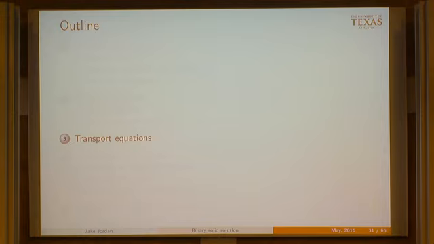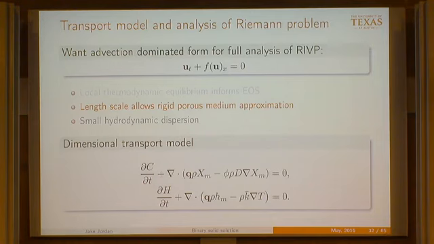So I'm going to write down the transport equations now, but I'm going to do it in a very specific way, because remember, even after all of that EOS mumbo jumbo I just went through, we're looking to describe this as a chromatographic column. And one of the key features of those chromatographic columns is small dispersion. So we want to write this down in a way that we have an advection-dominated form to get the full chromatographic analysis of that